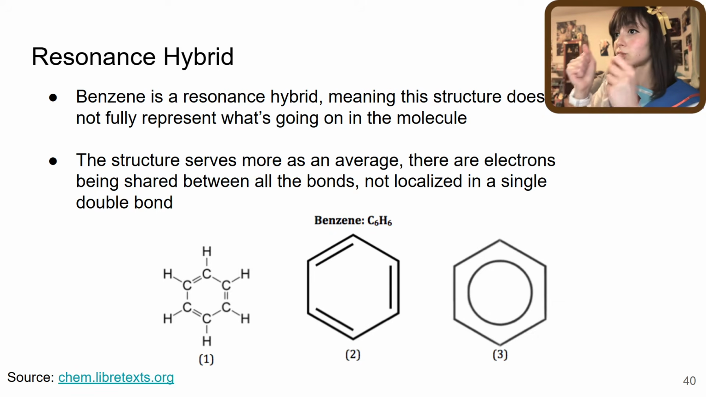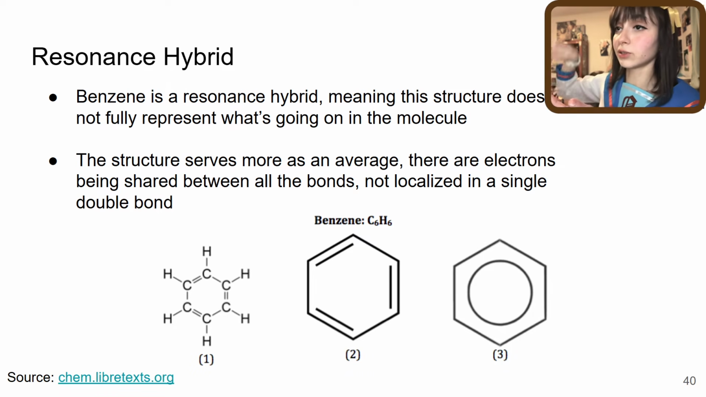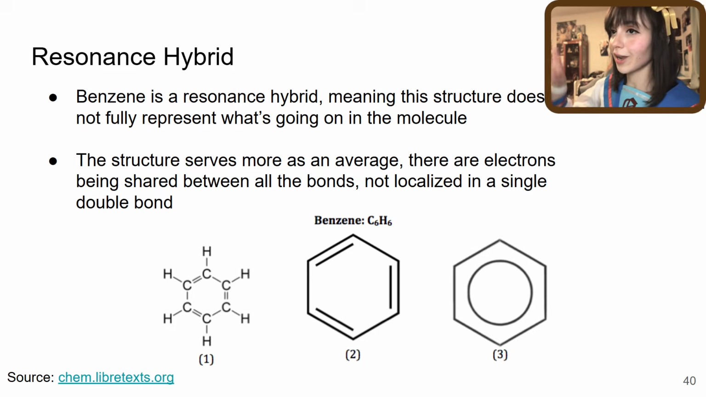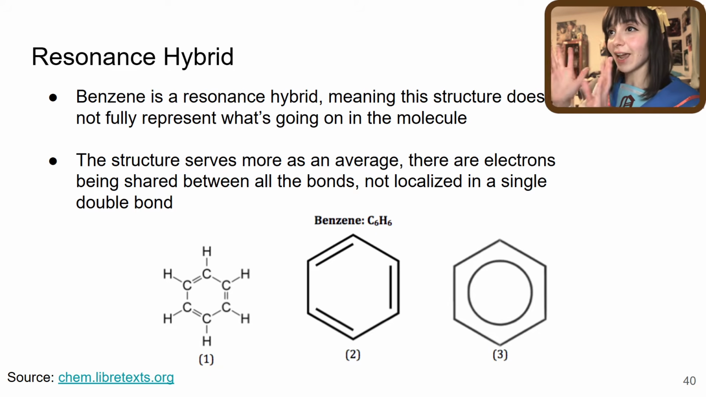It's not like you have two electrons in a particular double bond and just a singular electron in a single bond. They actually are somehow being shared all around this ring structure. And this has a little bit to do with quantum mechanics and some more complicated pi electron situation. But in essence,